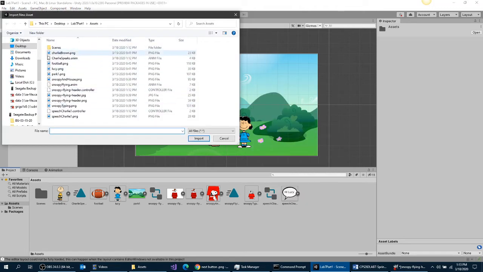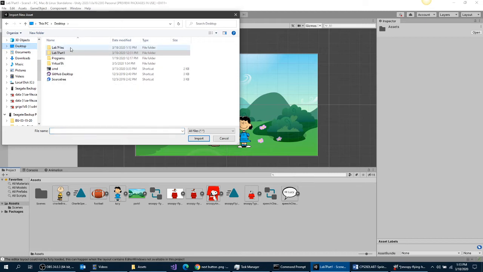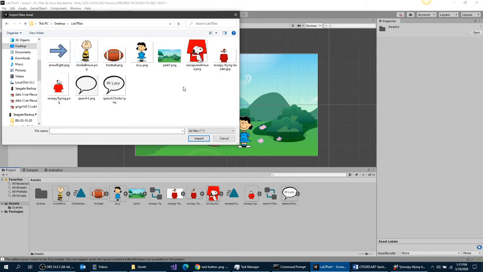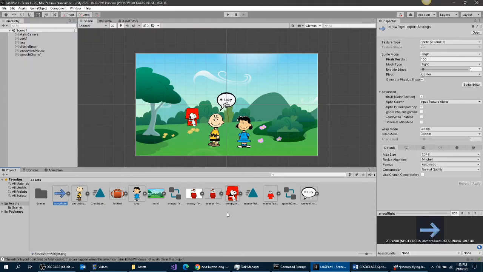And remember, I have that on my desktop, so I have to go to my Lab7 files and my arrow right. Okay, so just to ensure that it's got a transparent background, just kind of hover it over the scene. Okay, and then hit escape to cancel that, because we want that to be the button, the skin on the button,